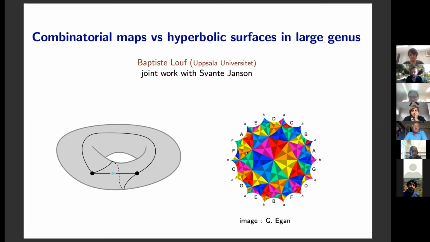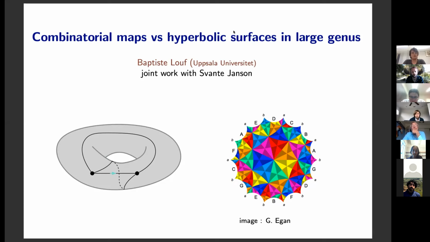Okay, so we're happy to have Baptiste Louf from Uppsala University talk about combinatorial maps versus hyperbolic surfaces in large genus. Well, yeah, thanks for the introduction and thanks for the invitation also. Yeah, so I'm gonna talk about mostly combinatorial maps and compare these with these hyperbolic surfaces. So these are